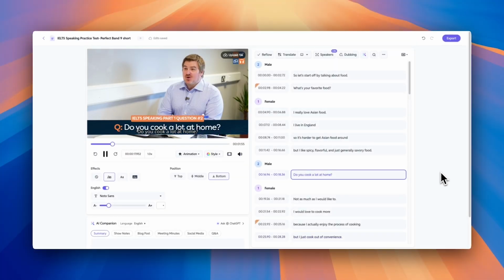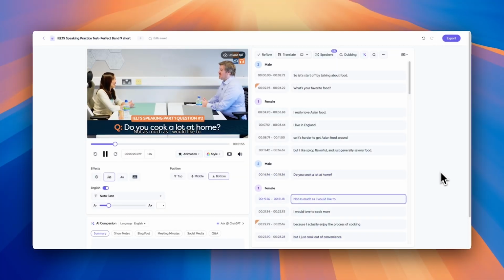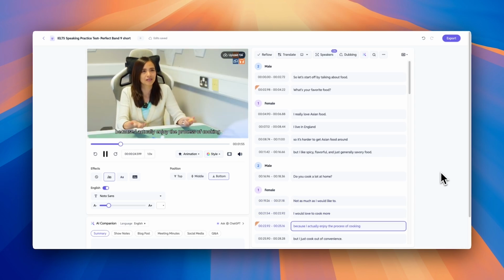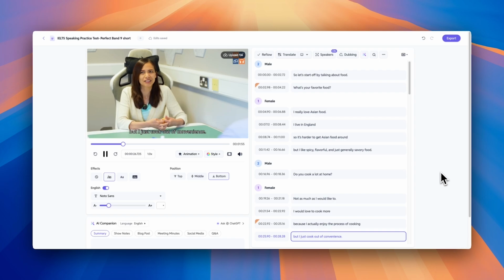Do you cook a lot at home? Not as much as I would like to. I would love to cook more because I actually enjoy the process of cooking, but I just cook out of